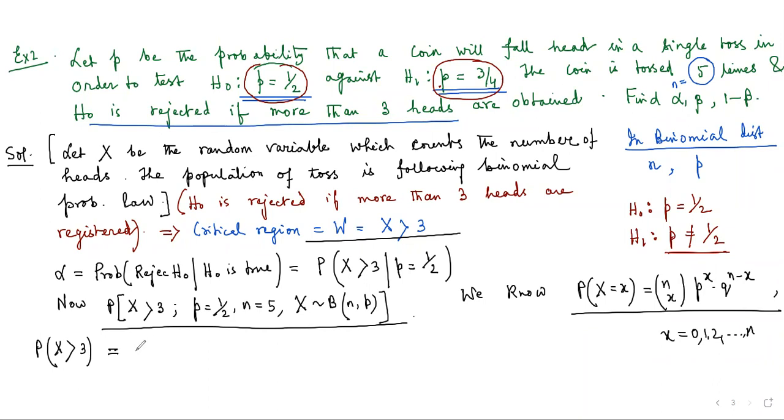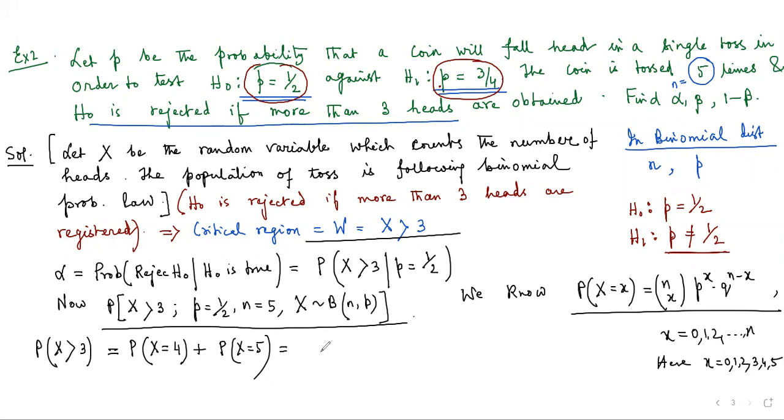There are 2 possibilities, because in this particular scenario the possible values of X are 0, 1, 2, 3, 4, 5. We want the probability of X greater than 3, which is the probability of X equal to 4 plus the probability of X equal to 5,